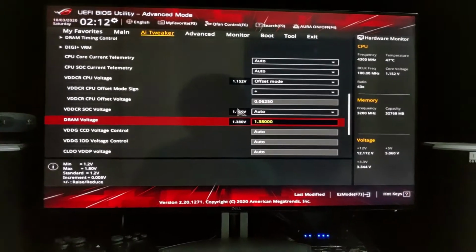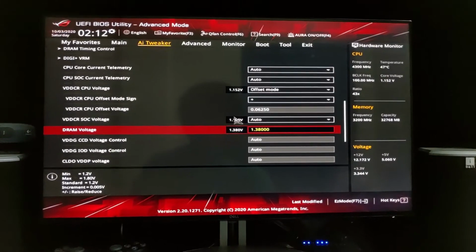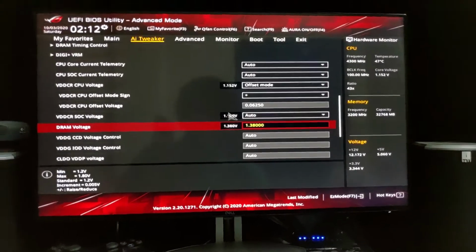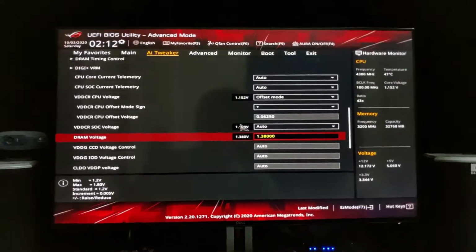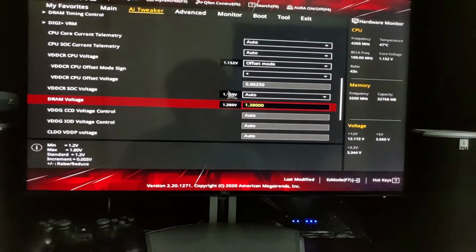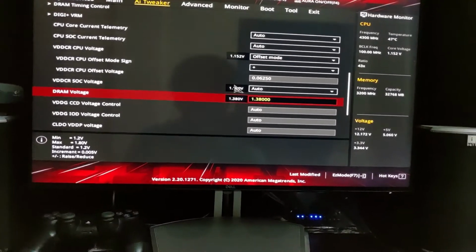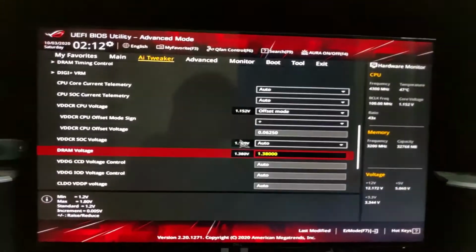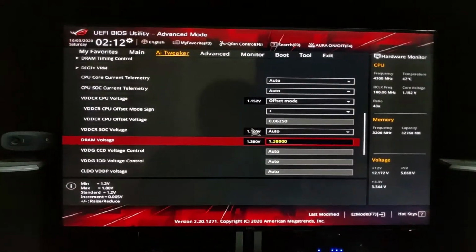This is the maximum recommended voltage across various forums for not having an active cooler on top of your RAMs, which I don't have. It's just cooled by the standard fans on my case. I am using a Corsair 100R chassis, which is a very standard chassis actually, nothing fancy, but it gets the